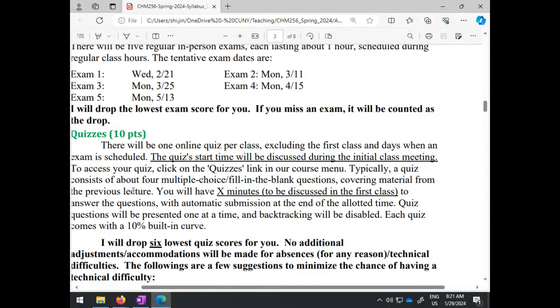So to that end, I have a proposal. If the class likes, we can do that so that we can have more examples and more discussions in the classroom. But again, because time cannot be created out of thin air, there will be a compromise.